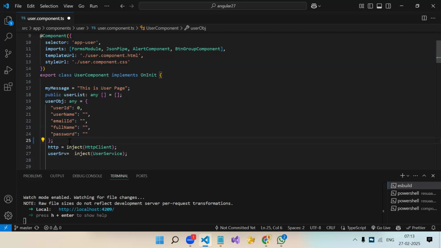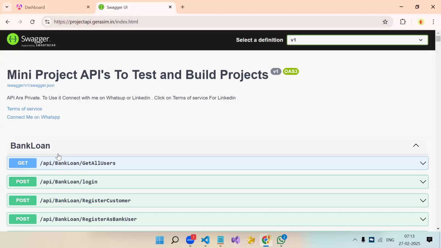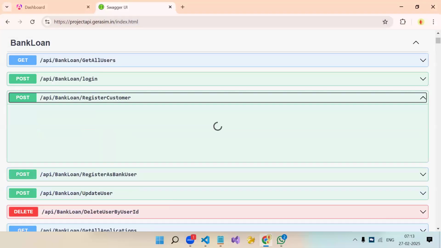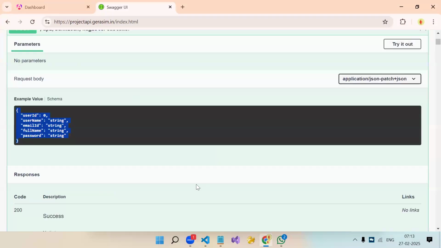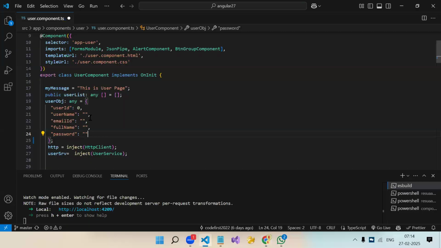But now coming back to our actual point, in the user object we know what kind of data we were going to save, because we know the API, right? What data that API needs, that also we were knowing, right? So we know what type of data I have to send. If we know, there are two ways. Instead, we should not use any, first rule. Instead of using any, we have to create a class of these properties, just like we have a class over here. So we have to create one more class where we will have these variables.